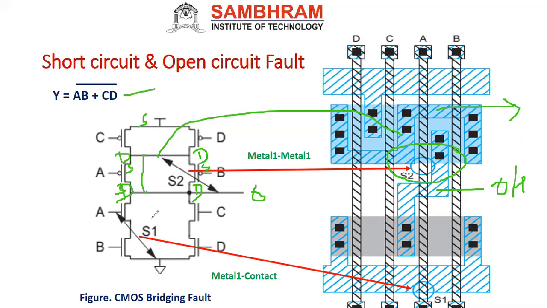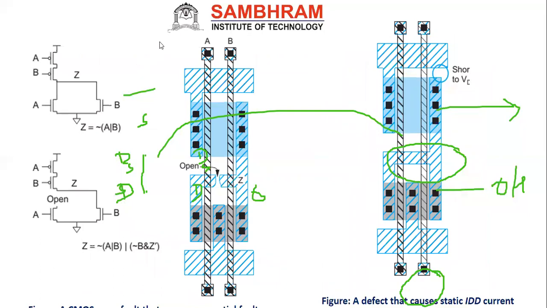That is what happens internally. In the same way, this A is short circuited here. You see here, the gate and this ground, even here also, is a short circuit. Next, if you want to see an open circuit, how will it be open? The open circuit will be like this. Here we are showing another way.